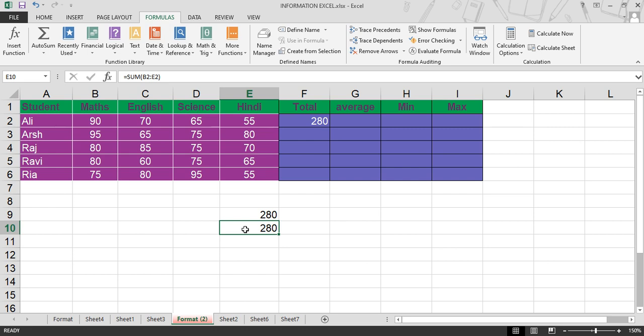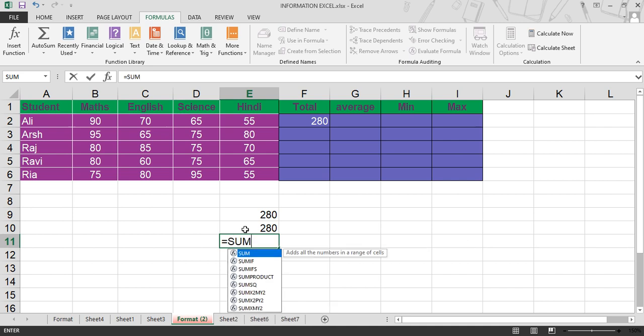Second, if you want to use a mixed cell reference, for example, equal to sum, we want to add B2 and C2, so B2 colon C2, comma, we want to skip this mark in D, so we can mention the next column address, that is E2, and close the bracket.